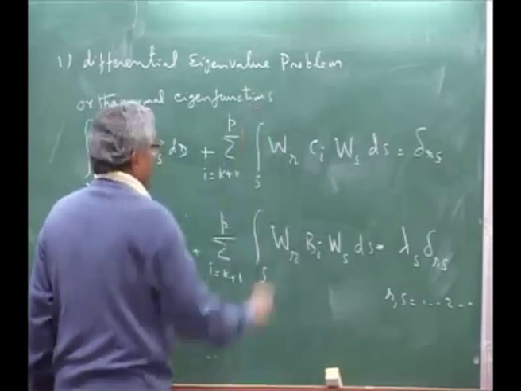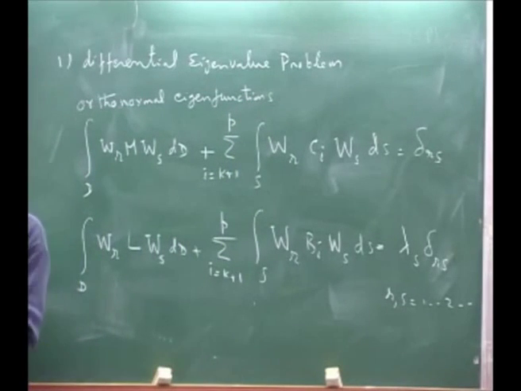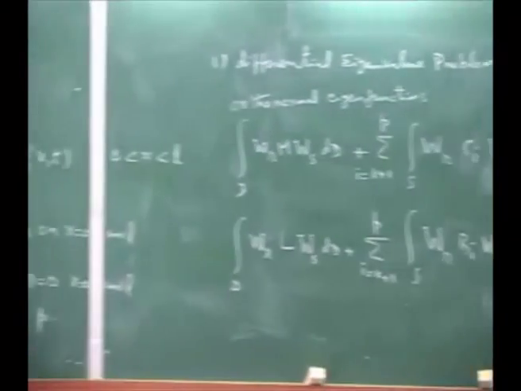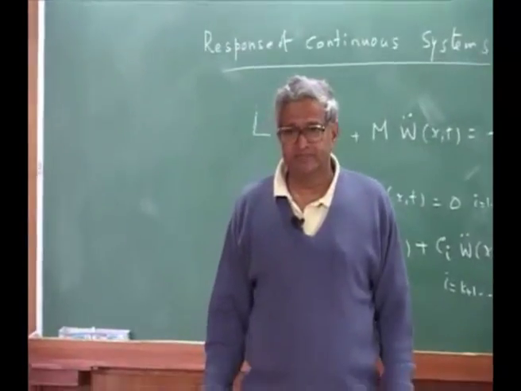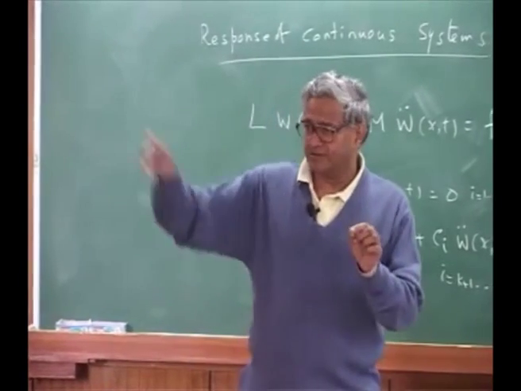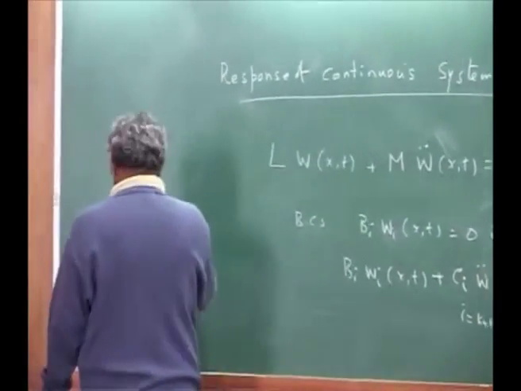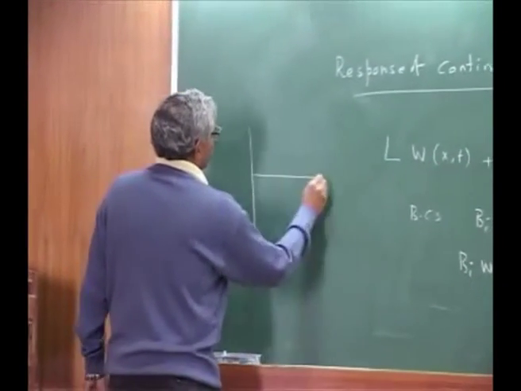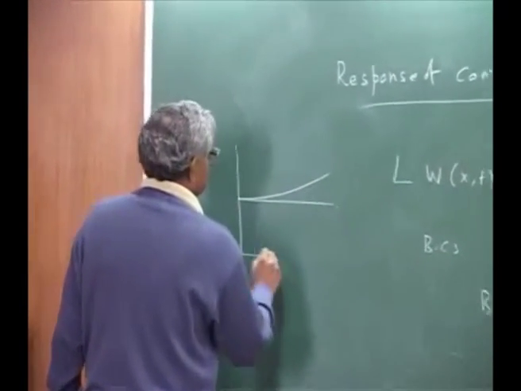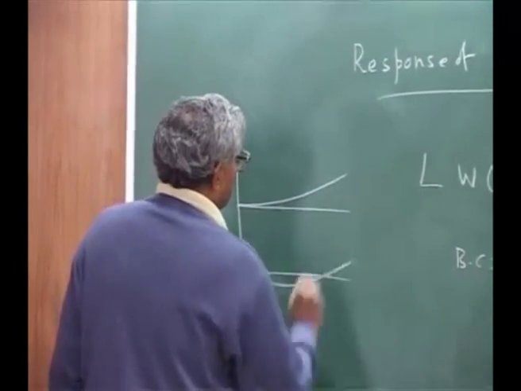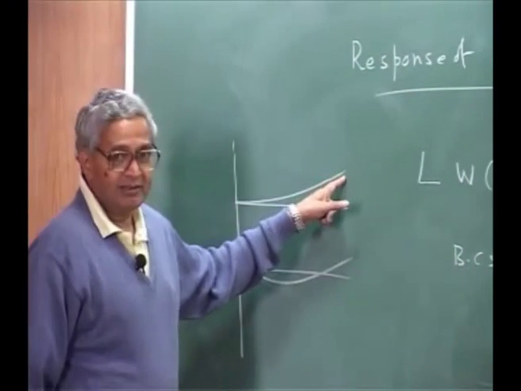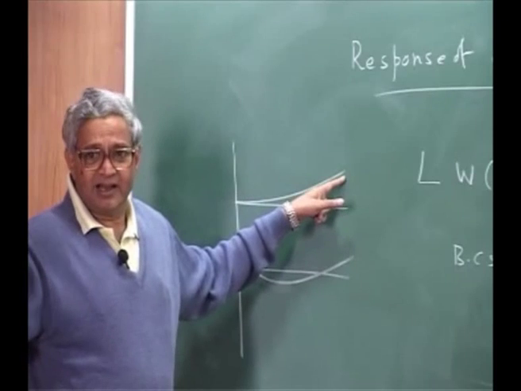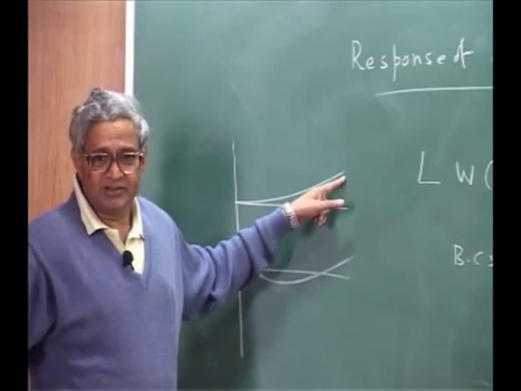Suppose you ask what type of normalization you can do, because there are several ways of normalizing. Please understand, it is not that there should be only one way. Like I can take in the mode shape, tip deflection is 1. In the shape function, I am just drawing these functions. For a cantilever beam, I drew it like this. What value will I give? It depends on the AR or CR values, C1, C2, C3.